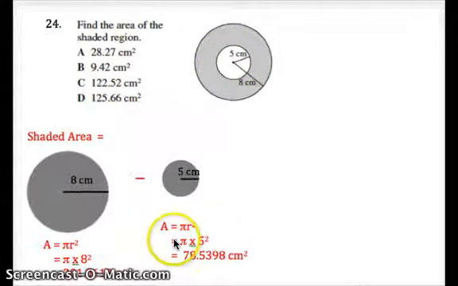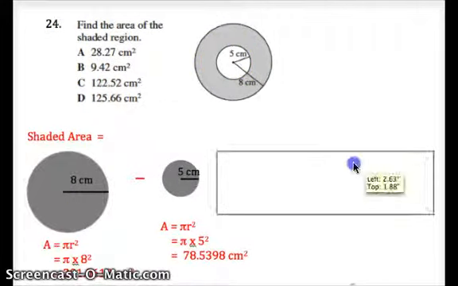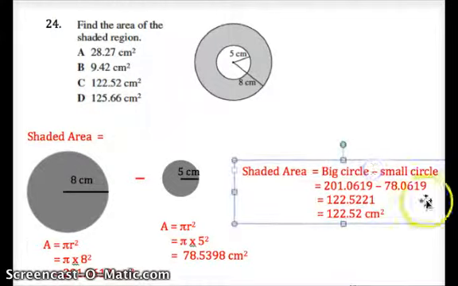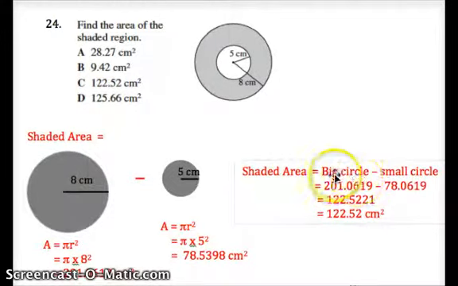So I've just moved that around a bit. So our shaded area, just finishing off, our shaded area is the area of the big circle minus the area of the small circle, which is 201.0619 minus 78. So I've just put the wrong number there. I'll just fix it up. So once again, 201.0619 minus 78.5398 gives us a shaded area of